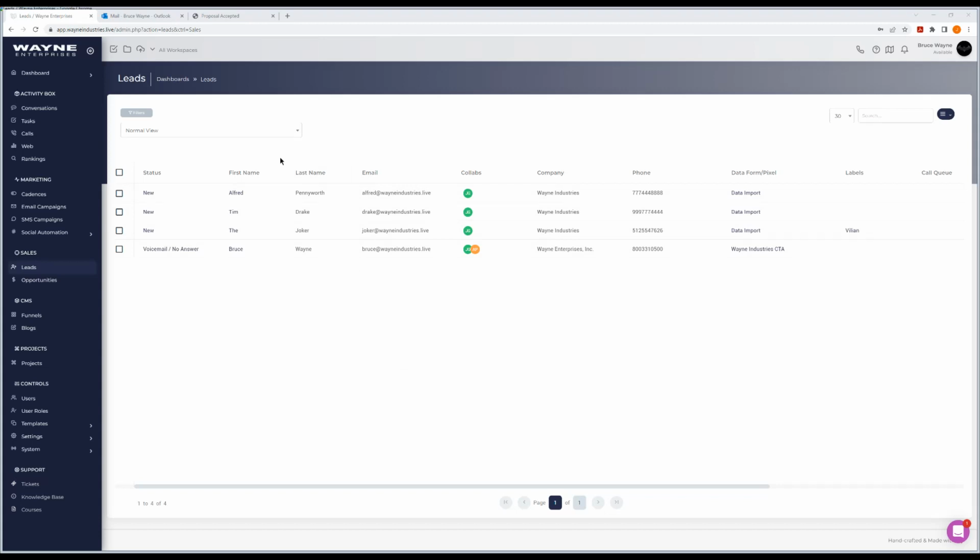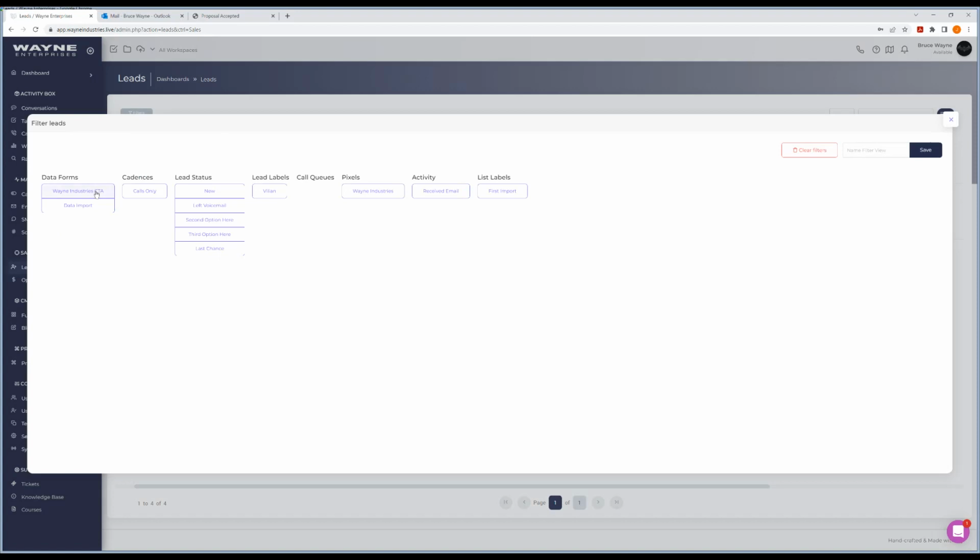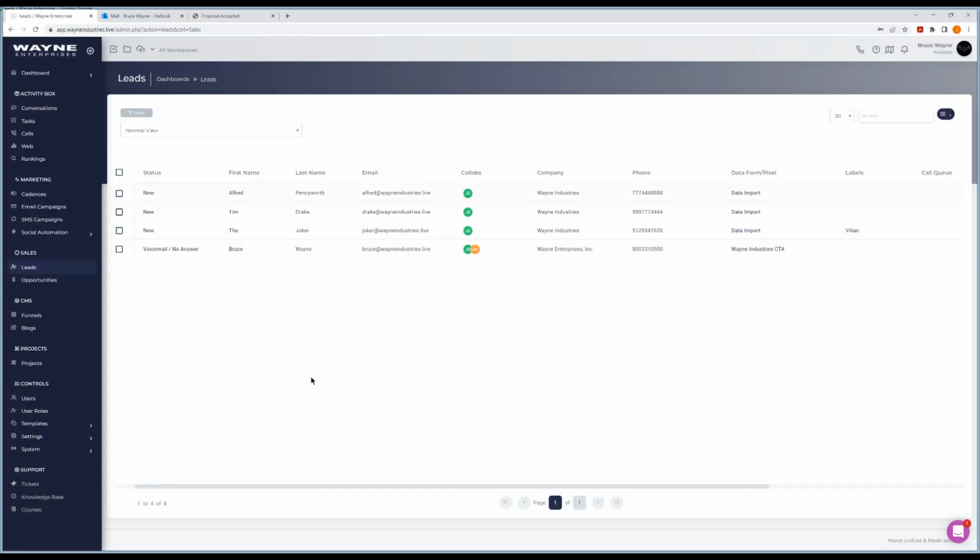So if you're going to add leads to a call queue, you may want to filter by data form. You may want to filter by status of lead, any kind of lead labels that are associated with your leads. You can filter by pixel leads. You can filter by activity. You can also filter by your list labels that you've set in. So whatever your filter is, and once you have your leads that are associated with your filters,